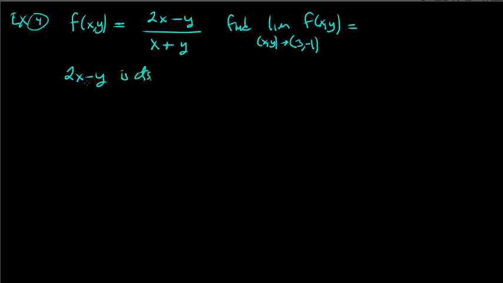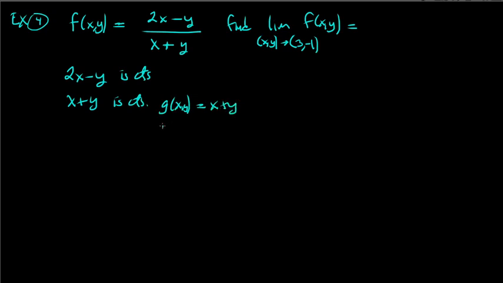After all, it's k times a function x, and then the difference of two functions is continuous. So sure, 2x minus y is continuous. And the denominator, x plus y, is also continuous. Okay. But remember, because it's a quotient, that denominator